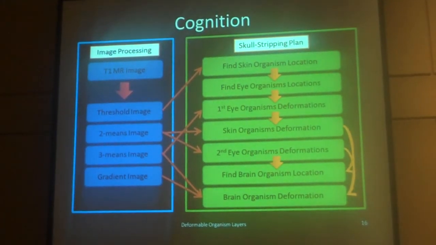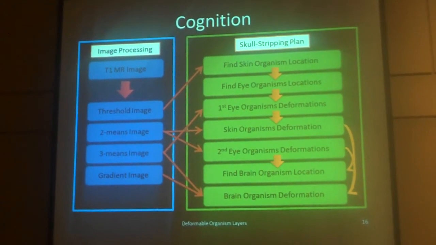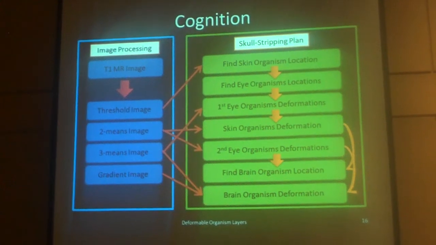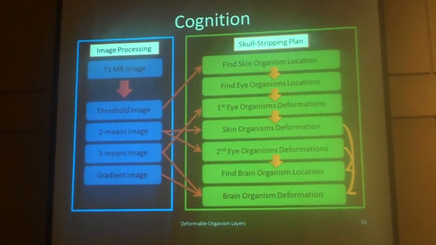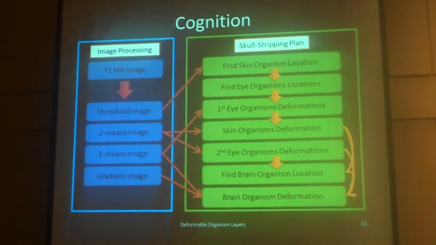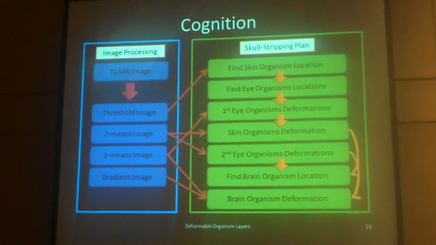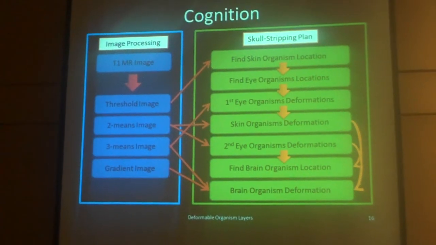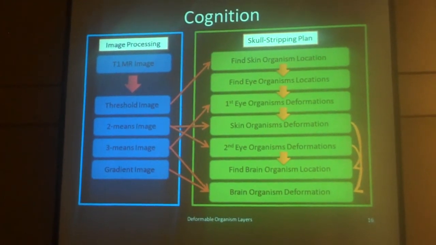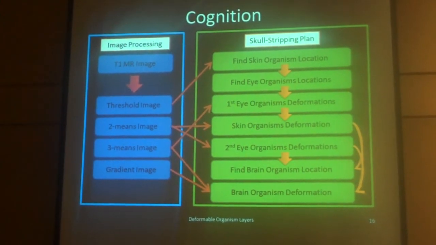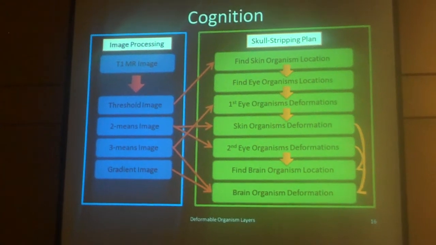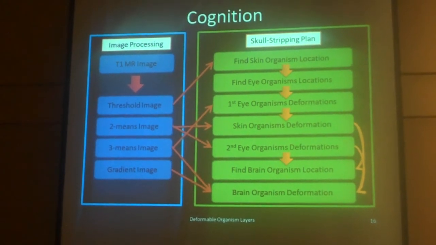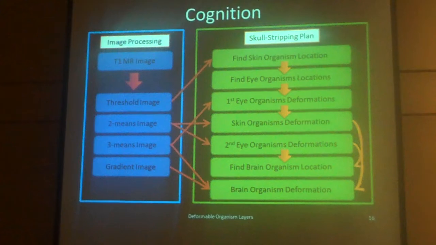The cognition layer combines behaviors to create a plan for segmentation. This plan right here is the one we created for skull stripping. The left part uses the 4 different processings of our original T1 magnetic resonance image, and the right shows 4 organisms, 2 for the eyes, 1 for the skin, and 1 for the brain. Each organism has specific objectives that they need to accomplish, and others build on that information gained to cooperatively segment